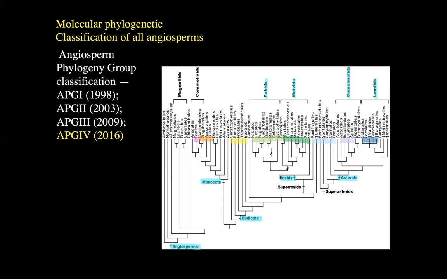mosses, hornworts, and liverworts as the earliest diverging land plants. There's a wee phylogeny in your packet about this. Then we have ferns and fern allies as the earliest diverging vascular plants with xylem and phloem, right? Then we have the gymnosperms, our seed plants that lack a fruit. And then this is the angiosperms. And we have that monster poster in the lab that you can look at if you like geeking out about